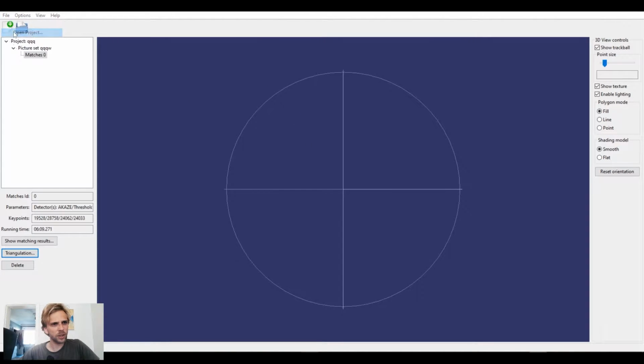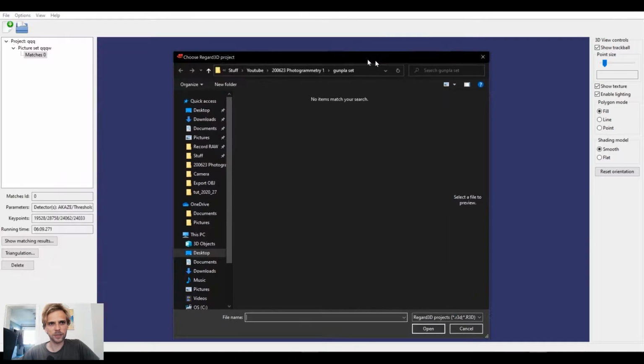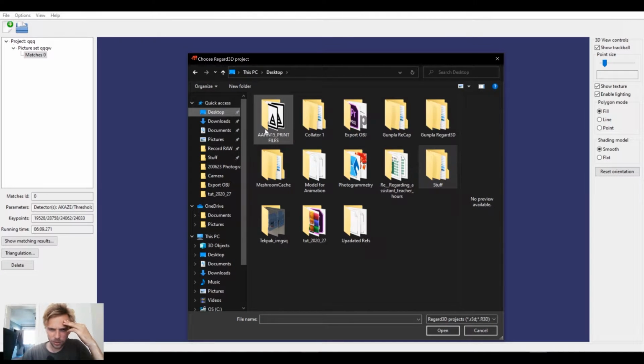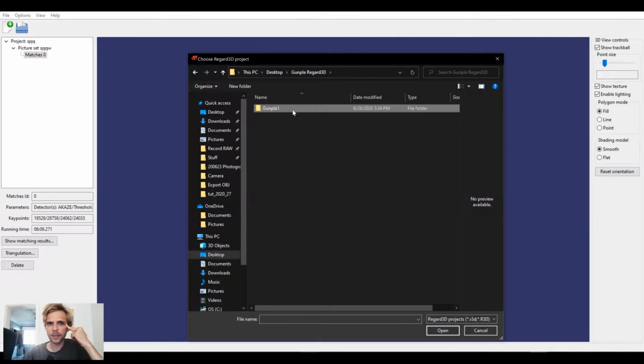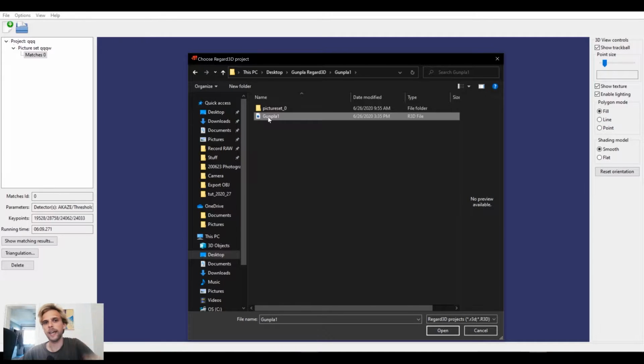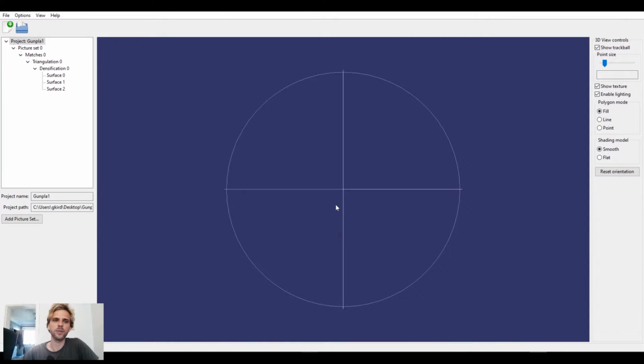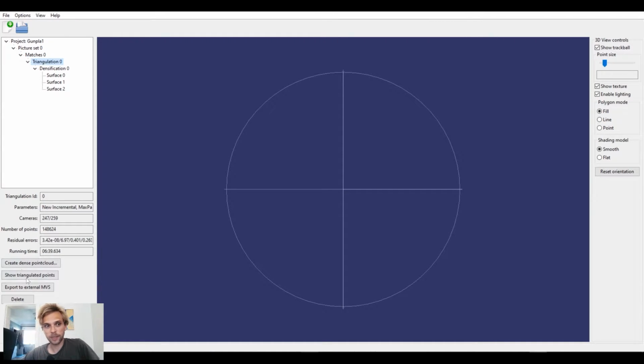But let me actually open a project rather than show you an existing one, show you a new one. And I'm trying to remember where I had it. I believe it's this one. I'll hit open and we'll see. So you can see here that I uploaded a picture set with 260 pictures, right? I calculated the matches and I have no idea what this means. Then I clicked on the triangulation tab and this